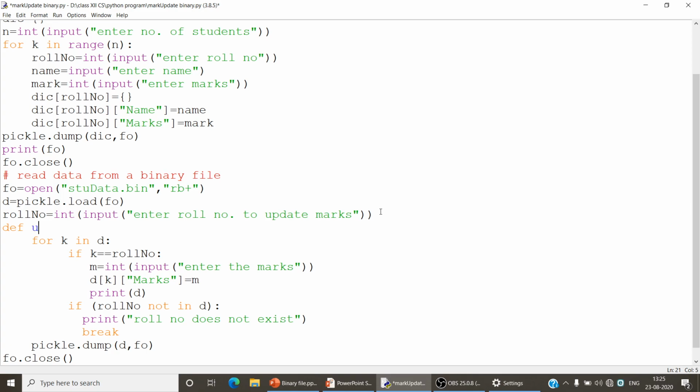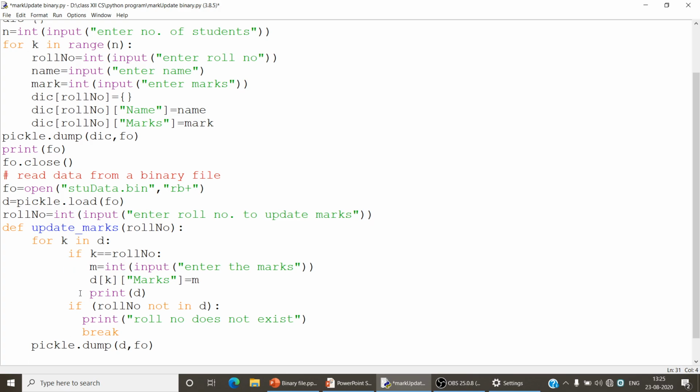So the function name is update_marks, and pass the roll number to update the marks, and after that call this function.